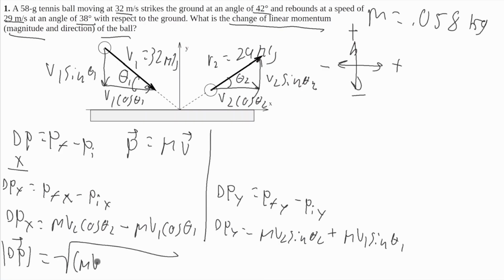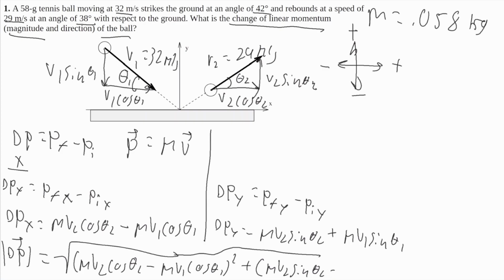It'll be mv2 cosine of theta 2 minus mv1 cosine of theta 1, this whole quantity squared, and it'll be plus mv2 sine of theta 2 plus mv1 sine of theta 1, this quantity squared. So that's the equation to find the magnitude of the change of momentum